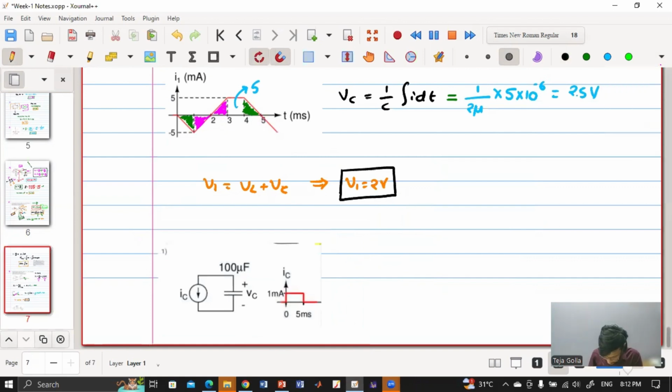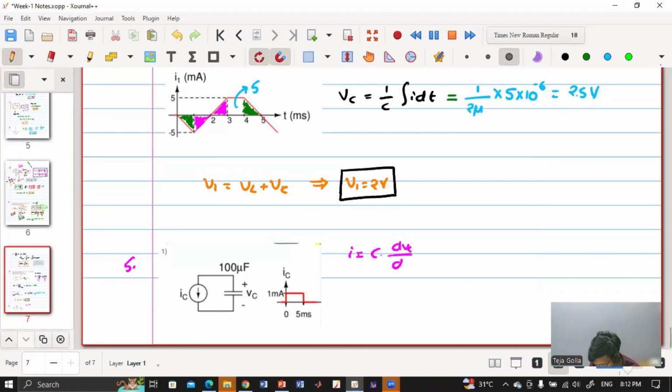So first I will see, I'll not look at what is the graph that they have given. First I will always see what is given in the question and what they have asked. So they have given current, right? IC is given and they are asking VC. So first I'll basically write I is equals to C into dVC by, sorry,